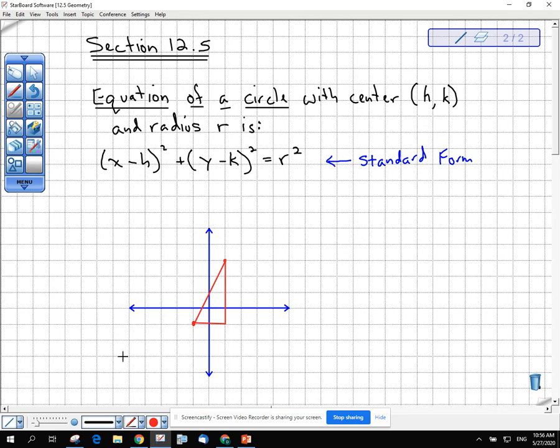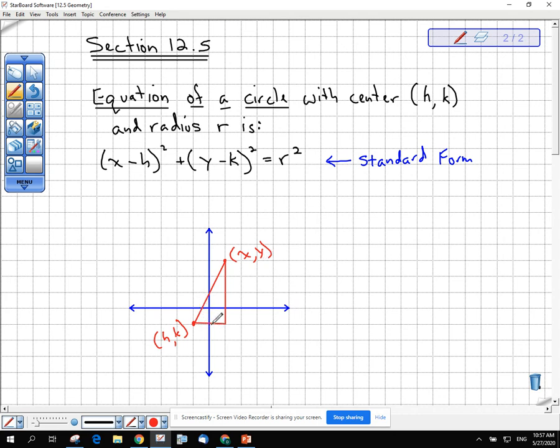And you could do a squared plus b squared equals c squared. If I called this point here h comma k, and this point right here x comma y, being one of the infinitely many points that'll be on the edge of our circle,